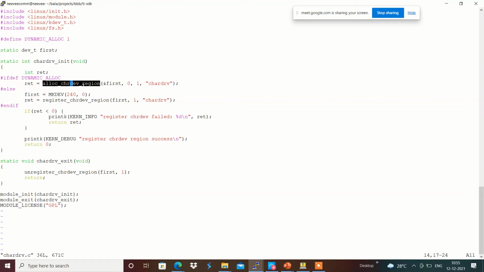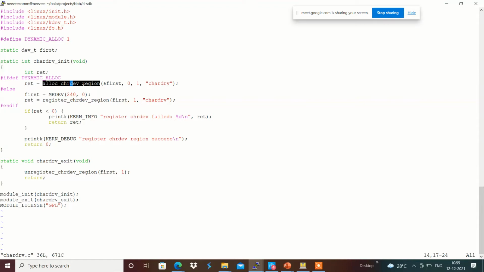In the case of register_chrdev_region, we are trying to register that number, 240. If some other driver is already registered, we will get a failure. For example, drivers like the serial port are already defined by the kernel with the major number of 4.